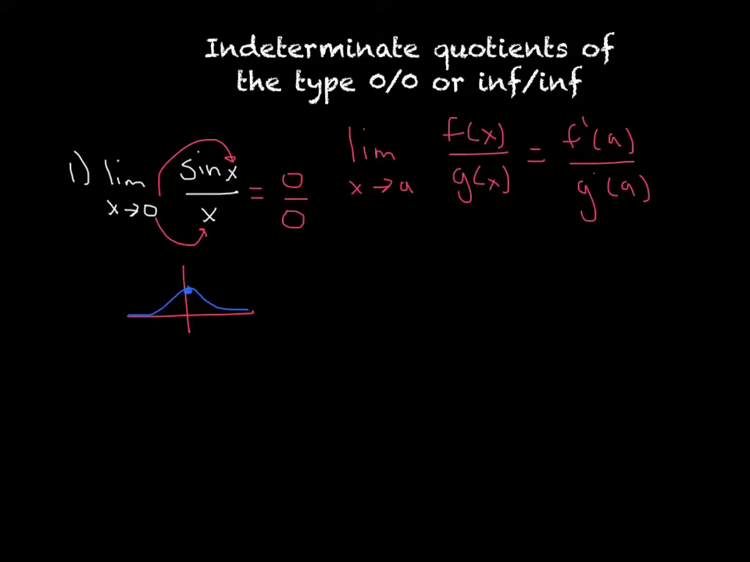So the derivative of sine is cosine, and the derivative of x is 1. And then now when you plug in your limit, you get cosine of 0 over 1, and that is 1. So that is the answer to, well, we'll call that letter A. All right, and then letter B,